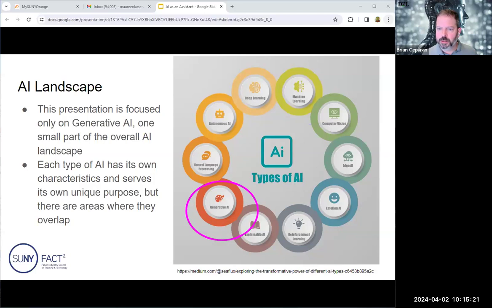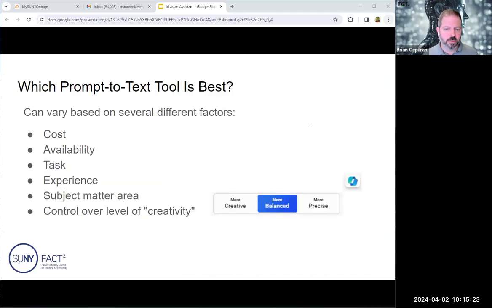If we look at the next slide, an important question that people want to know is, which prompt to text tool is best? That's not an easy question to answer. There are a number of different factors, and here we've got a few that we wanted to highlight. So the first is cost. There are free options out there, or free-ish. It may be included with a license you already have,